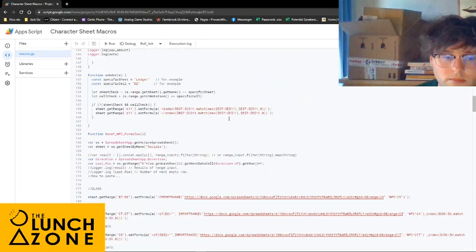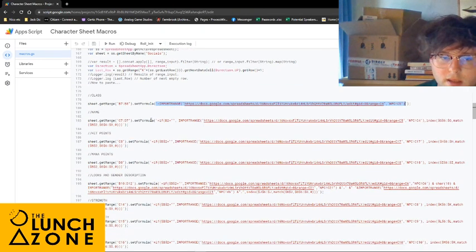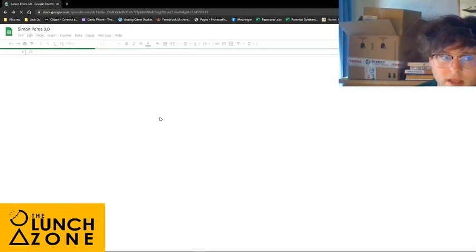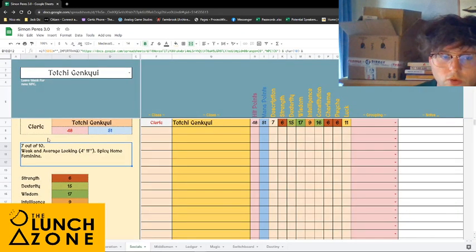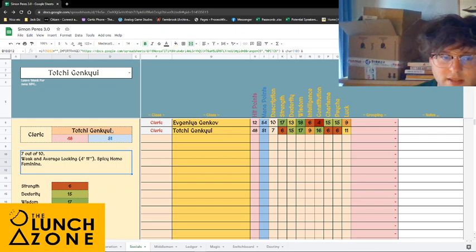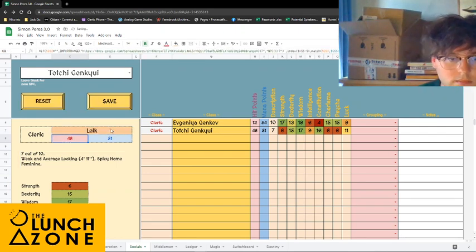So you see here, this is the code, reset NPC formulas, and what it does is it stores all of the formulas so that when you hit reset, it puts them all back in, and that means that players can, I guess, openly edit these. So Tochi, let's call her something else now, like Lolk, simply Lolk, and if we save Lolk, we can save Lolk as another